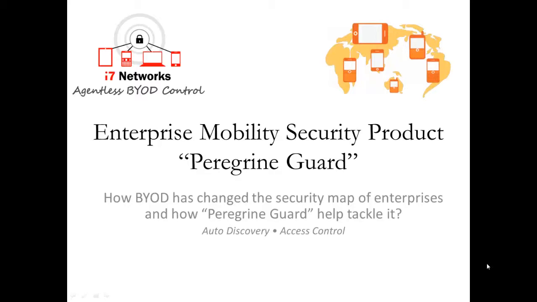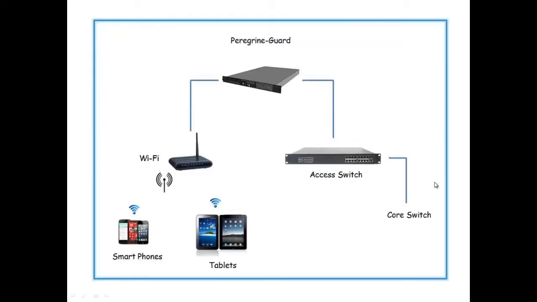By the use of proprietary algorithms and sophisticated fingerprinting techniques, we extract highly granular information like device type, device class, operating system, version, user of the device, and a few other parameters. This information is used to provide device based differential access to the corporate assets and to make sure your sensitive data is provided right access to the right device type.